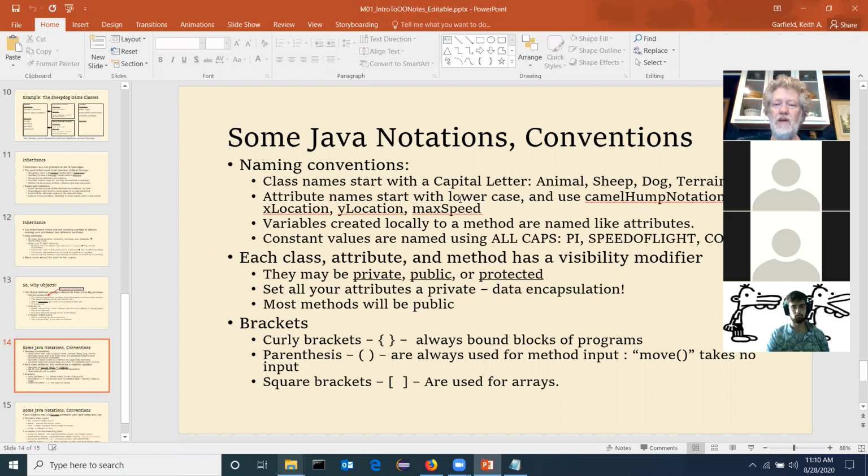Variables that are created within a method, I think most of you are familiar with the idea of a variable that is local to a function. This is the exact same idea. Variables that you might have to create locally inside of a method are named like attributes. And constant values are named using all caps. If you don't follow these rules, your code will compile. Your code will run. But